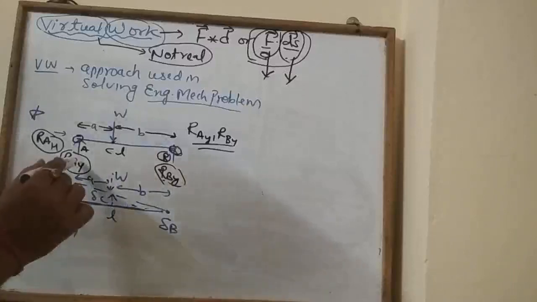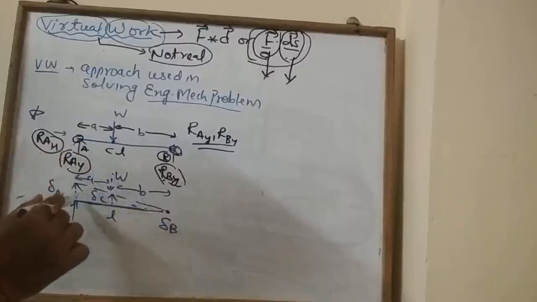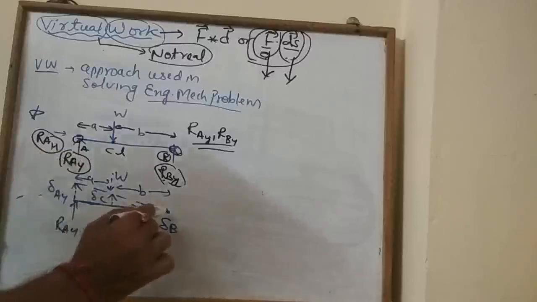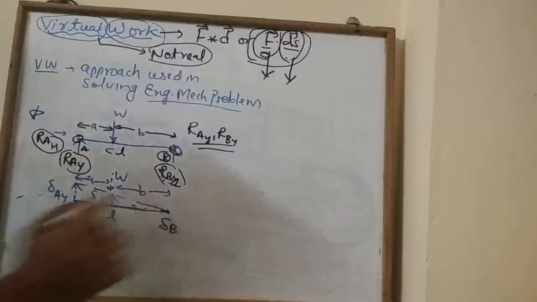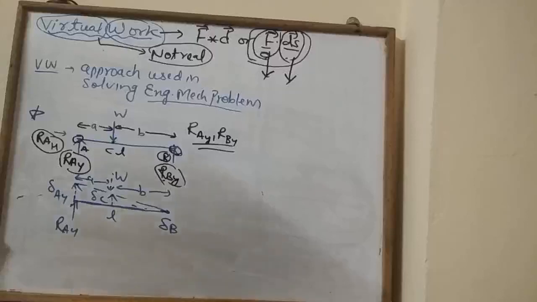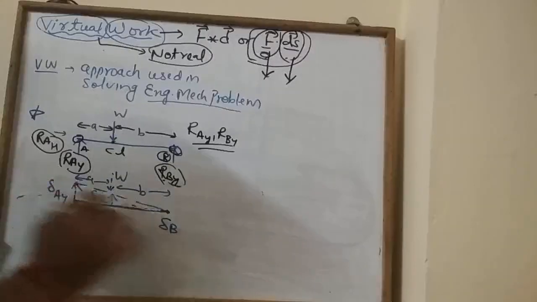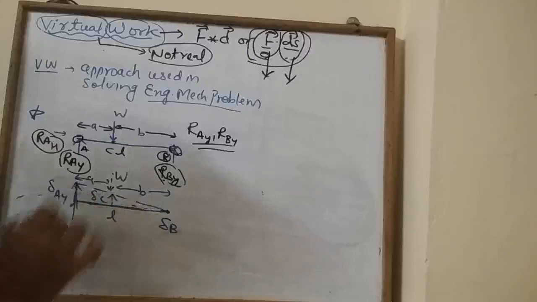Now RAY will be calculated when position A will be displaced and the other support is kept constant. Now this is actually a kinematically admissible displacement. Now applying the virtual work concept,